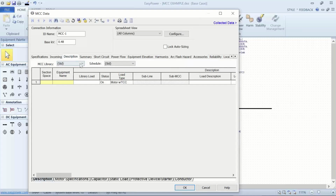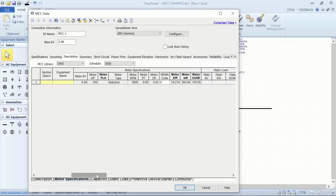Then when I go into description, to be able to coordinate against the largest load, I need to designate it in my motor control center spreadsheet with the motor TCC designated load, as opposed to a motor or a downstream device. If I want a label on this motor, I can designate it as a downstream on the one line and then be able to pick up a label at that point. But for now, I just want to be able to coordinate. So now that I have this set up for my motor with a TCC plot,